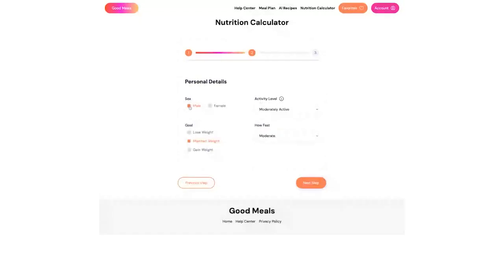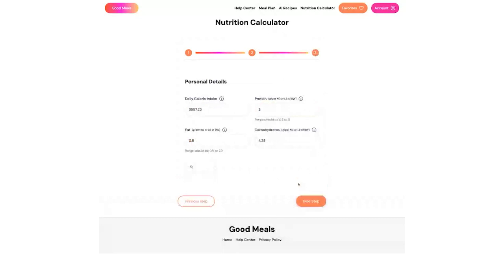Next step. So I'm a male. I am moderately active these days. My goal, funnily enough, is to actually just maintain my weight. I've been losing a bit of weight and I want to maintain it. And I'm just going to do that moderately. So my calories are calculated for me using all that information that we just put in